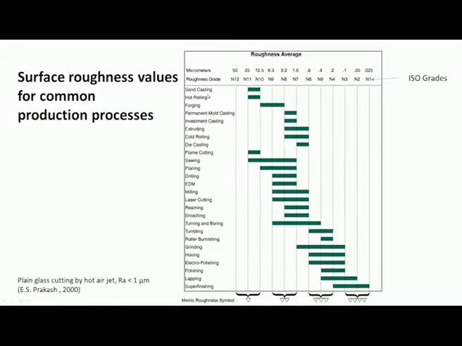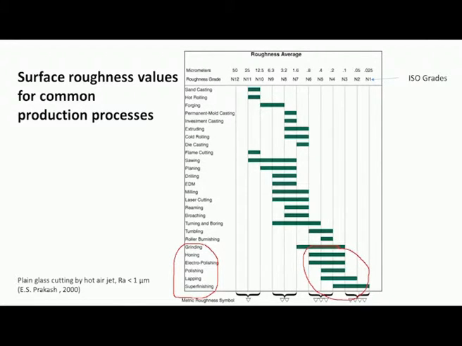We have considered the various production processes like sand casting, hot rolling, extruding, planing, drilling, EDM, and milling, and then fine finishing operations like grinding, honing, and electro polishing. Now, you can see that these finishing processes like grinding, honing, lapping, and super finishing are able to give very fine finishes.